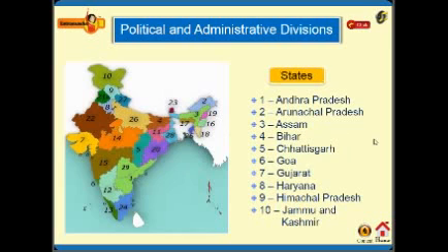And states. There are 29 states in India. According to the numbers given: Andhra Pradesh, Arunachal Pradesh, Assam, Bihar, Chhattisgarh, Goa, Gujarat, Haryana, Himachal Pradesh, Jammu and Kashmir.